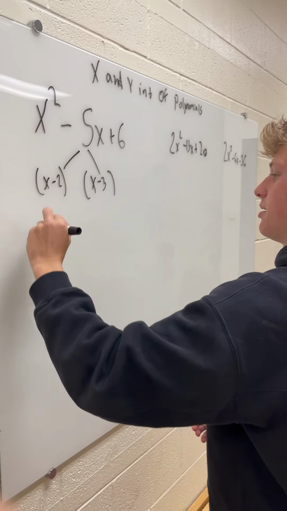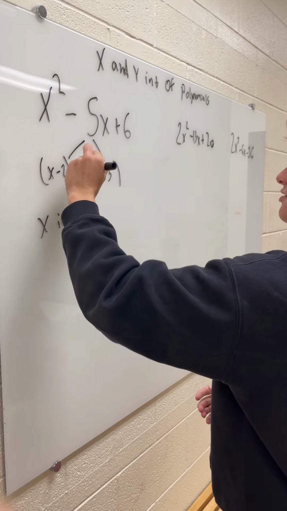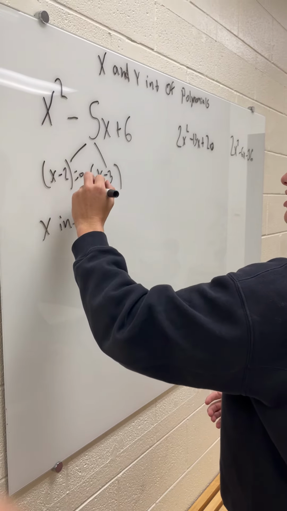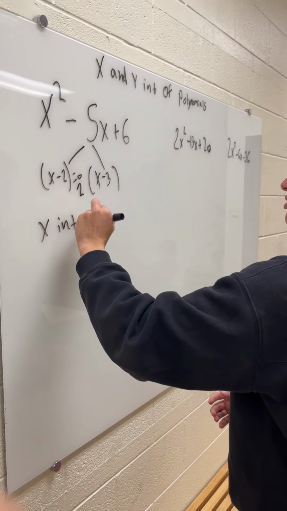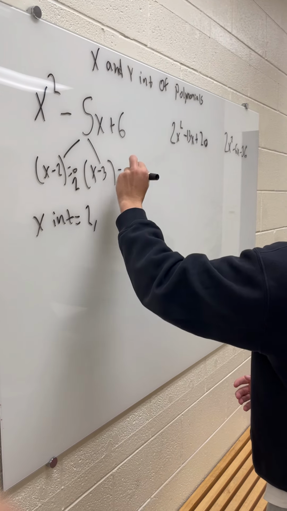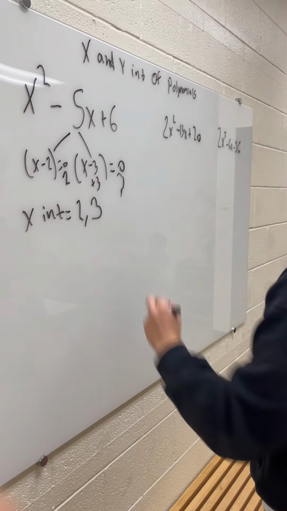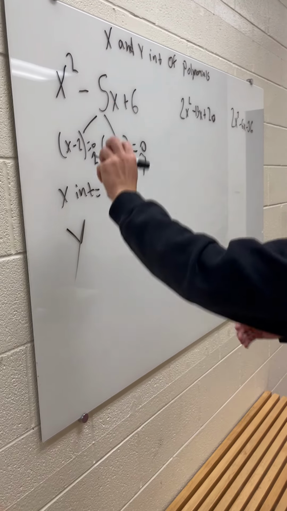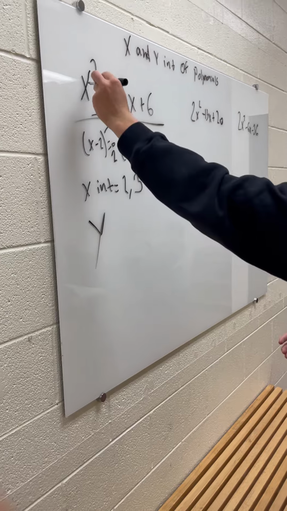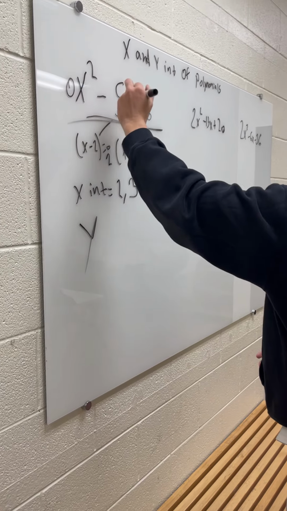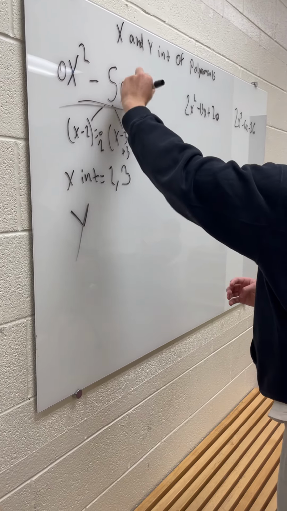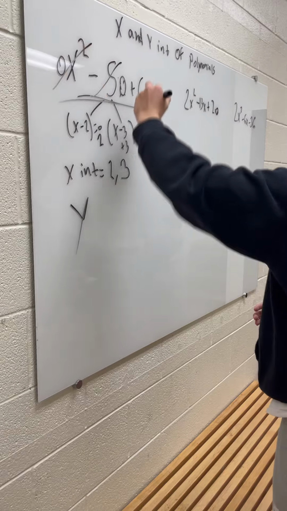Then for the x-intercept, you're going to set your factors equal to 0. And then that one's going to be 2, so x equals 2. And then this one set to 0 plus 3 is going to be 3. And then for the y-intercept, you're going to go back to the top equation, and you're going to plug in 0 for x, so that's going to be (0, 0, and then it'd just be